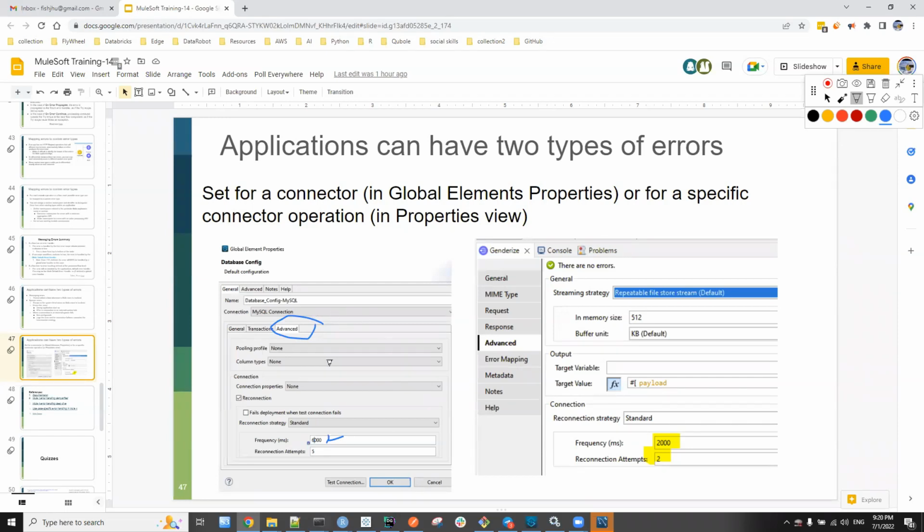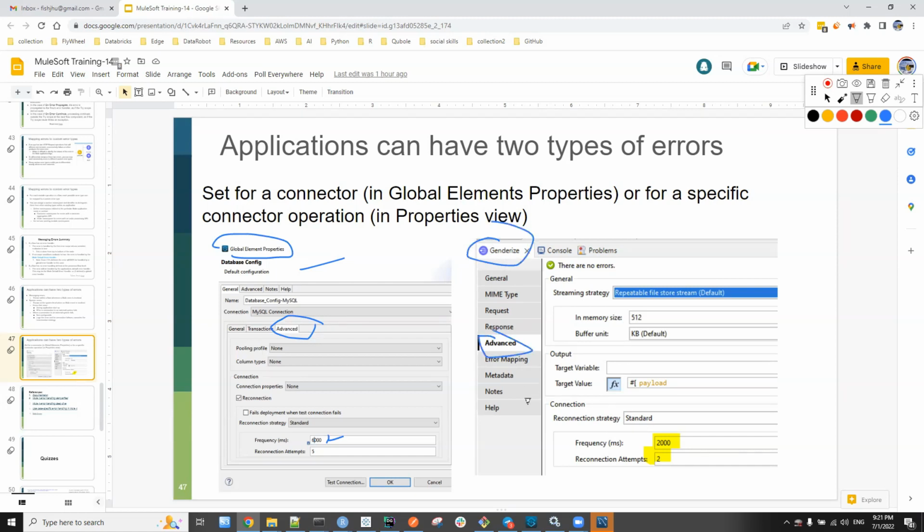So this can be done in the global element properties, or in the connector properties. This is in the global, as you can see here, global element properties, whereas this one is just for the HTTP request itself under genderize. I went to advanced.